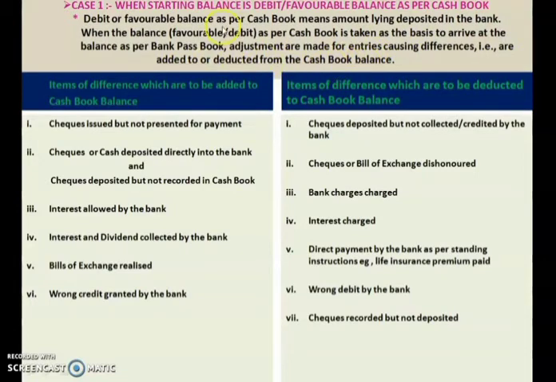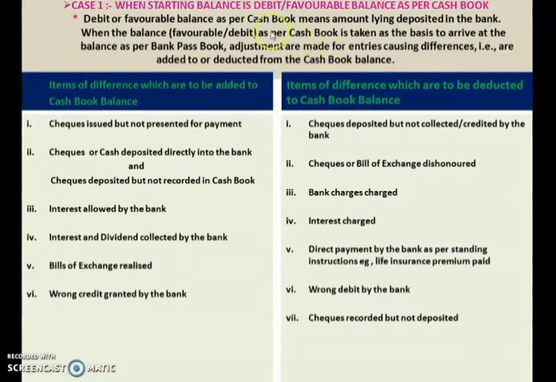So children, you are preparing bank reconciliation statement because there is a difference between your cash book and your bank passbook. So when your starting point is balance as per cash book, the end result you receive is the balance as per passbook with credit balance. Okay, you will get a better understanding when we do the problem. In between these two balances, you have to add some items and subtract some items so that your cash book and passbook become equal. That is our target.